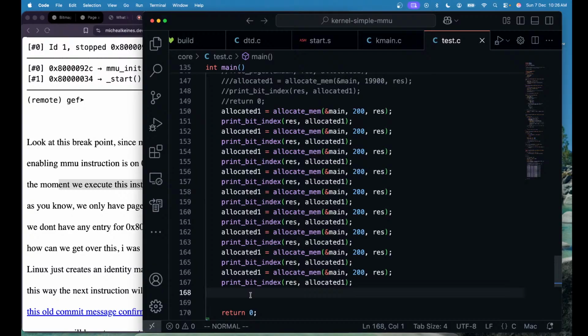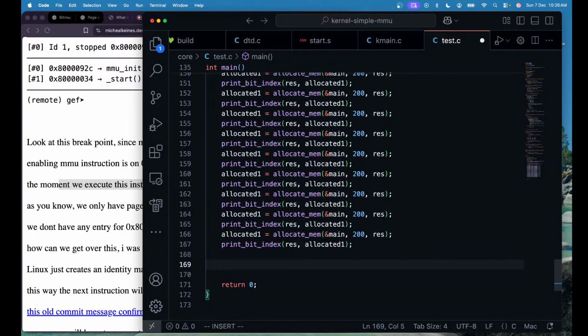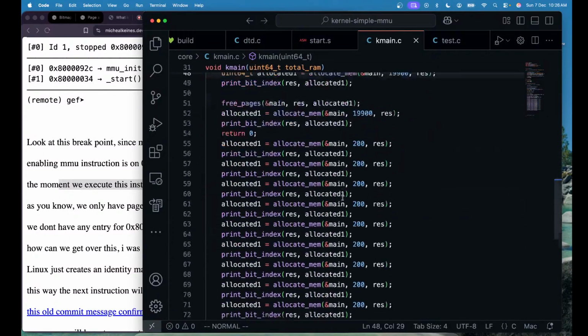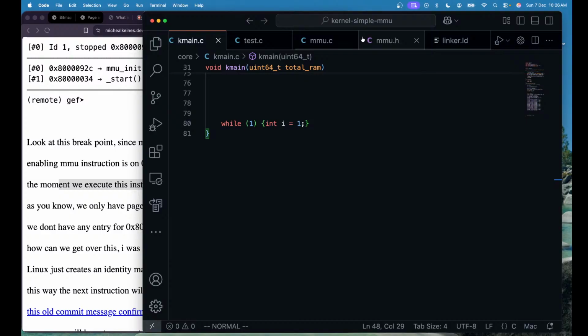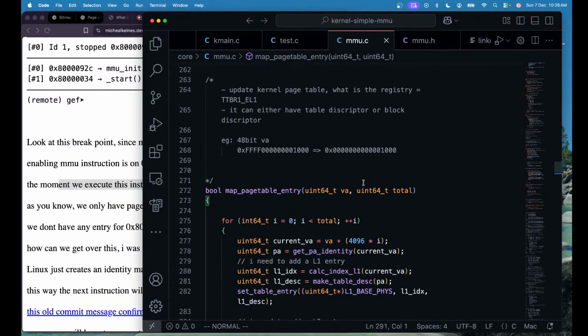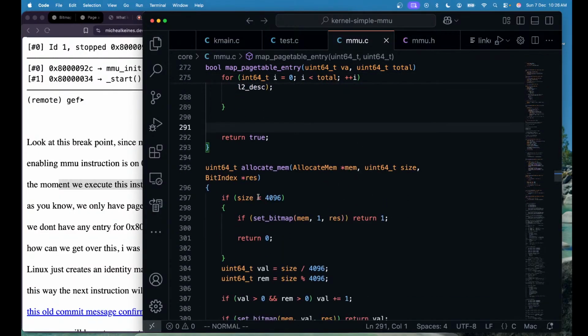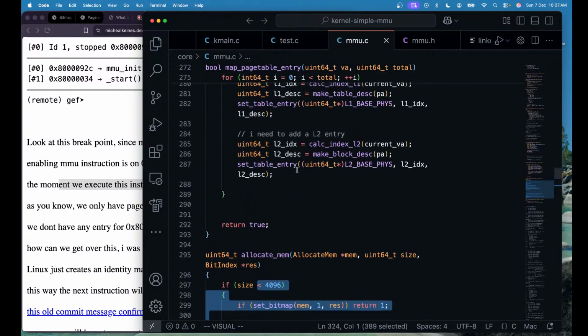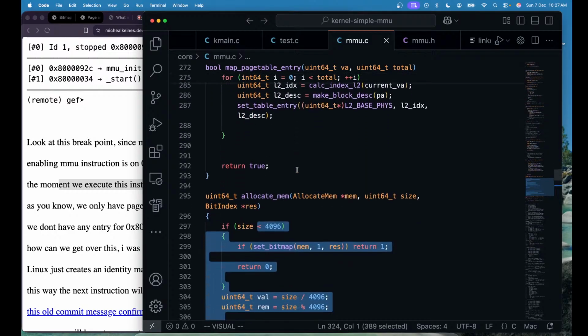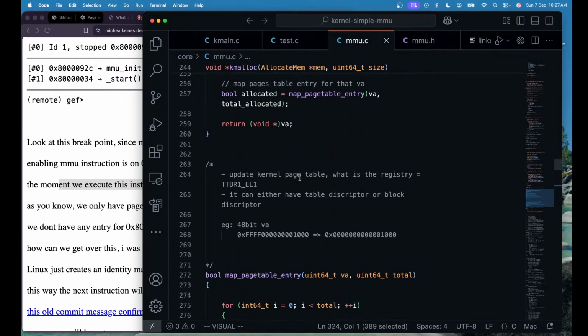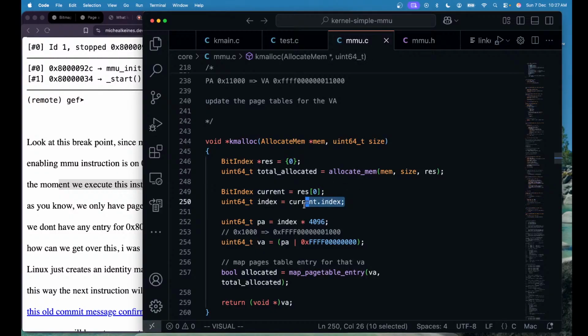Okay, guys, I guess I'll try it later, but it should be done. Let's just recap once more what we have done, and I'll end the stream for today. As you can see, yesterday we used our initial helper to allocate some pages, and we know the total number of pages that are allocated, and we know the index within the table. Based on the index, we can find the physical address. Now we have to use that physical address